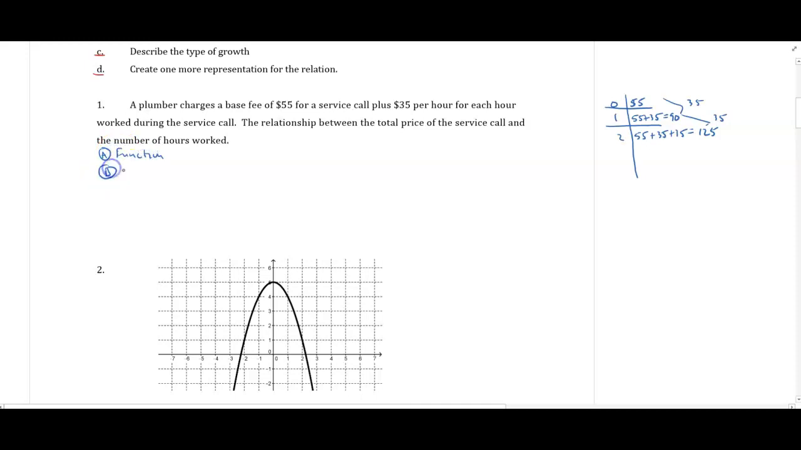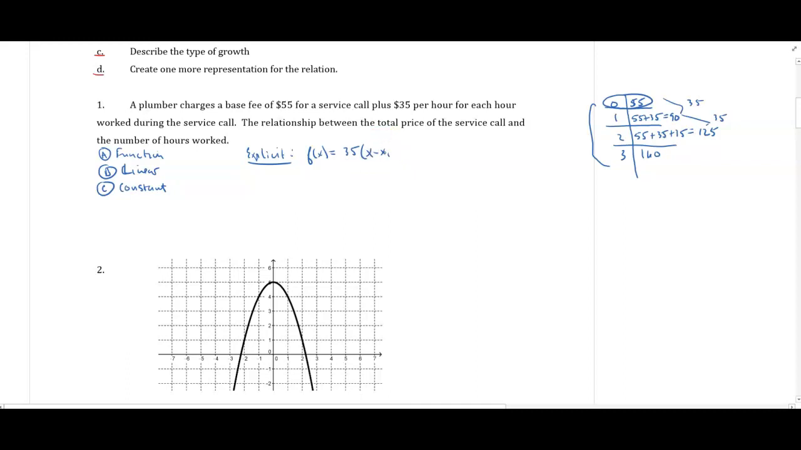This function is going to be linear, and it grows at a constant rate of change. Now the table can act as one representation. So I can go 3, that'd be 160, and so on. But if we want to write the explicit rule here, if I take right away just the first ordered pair, which is the y-intercept, I can say f of x equals my slope, 35, times x minus x1, which is